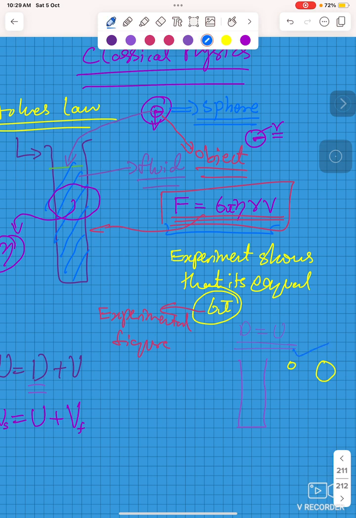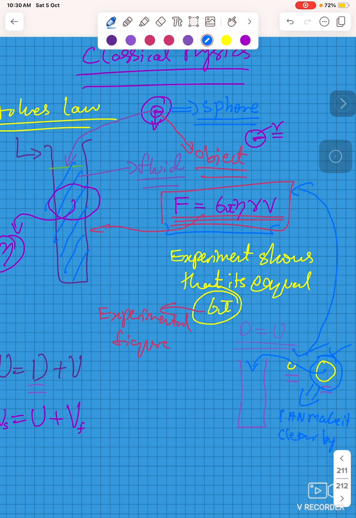Which sphere will move fast through this liquid? We all know it will be this bigger one, because we know from the equation that the force will be more on the object which has more radius, and we can make it clear